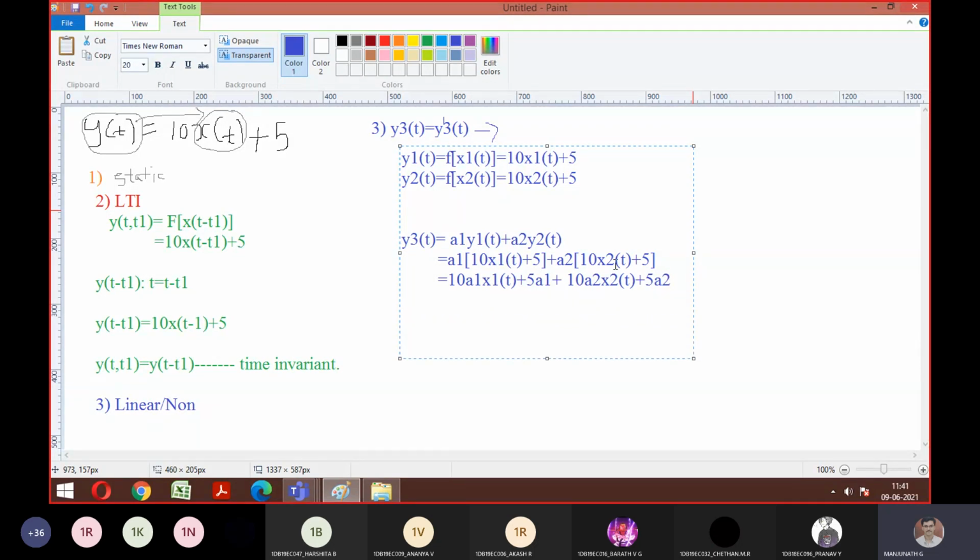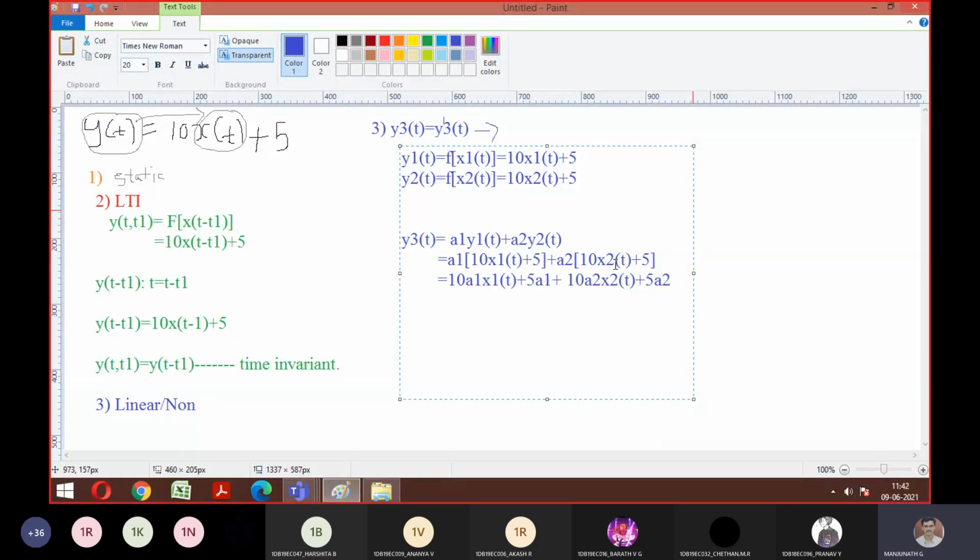So is it y3 of t? Any doubts on how to calculate y3 of t? See, nothing we are doing, we are just taking a function and creating it in a formula base, that's all. Is it okay? Till here, and then I will proceed. So let's move ahead. What is the thing I want next? I want y3 dash of t. So how to get y3 dash of t?